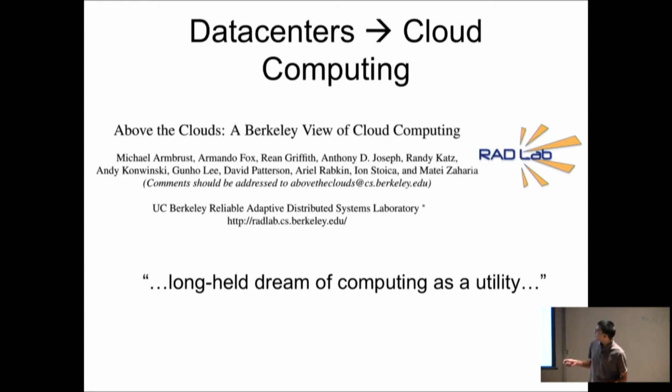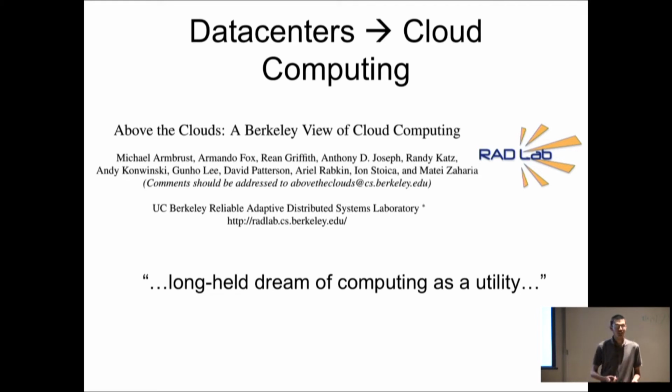This is a paper from a bunch of folks at Berkeley. You might identify a bunch of professors there, called Above the Clouds, a Berkeley view of cloud computing. This was sort of a vision paper that they wrote when they started this effort called the RAD Lab, which was a reliable and distributed systems laboratory. And one of the excerpts from that paper is that data centers can sort of power this long-held dream of